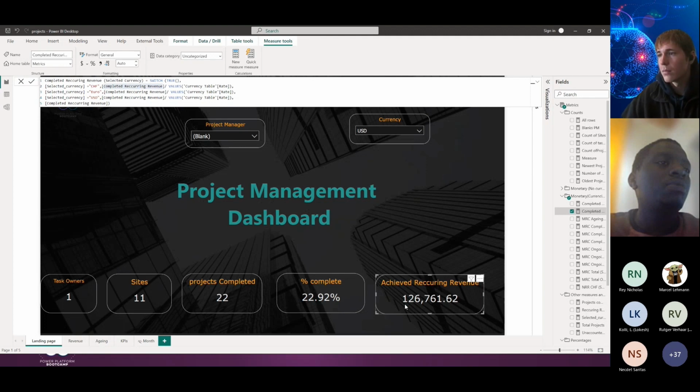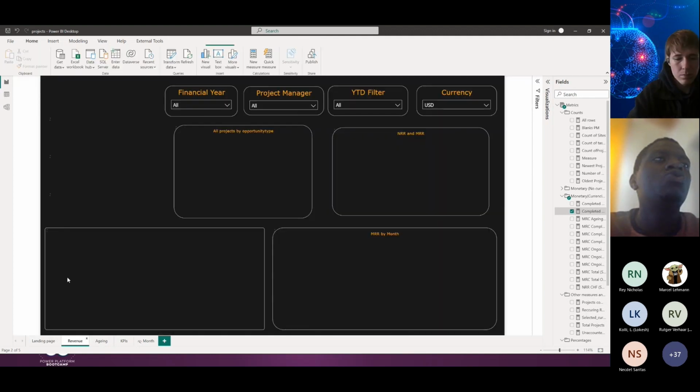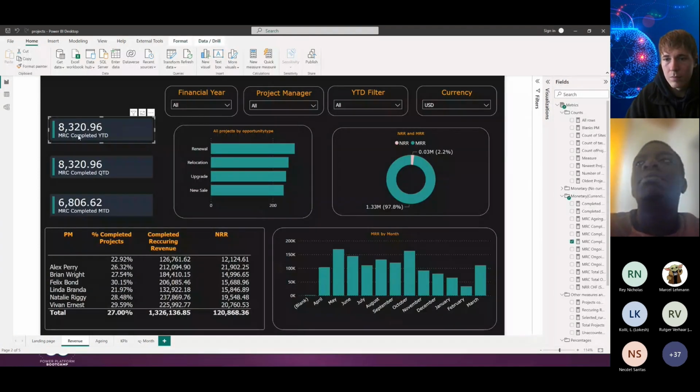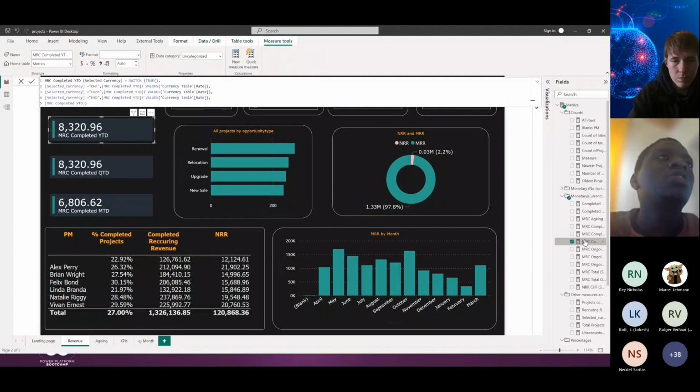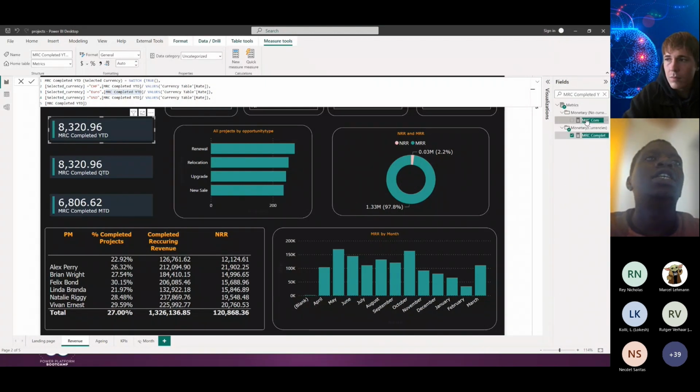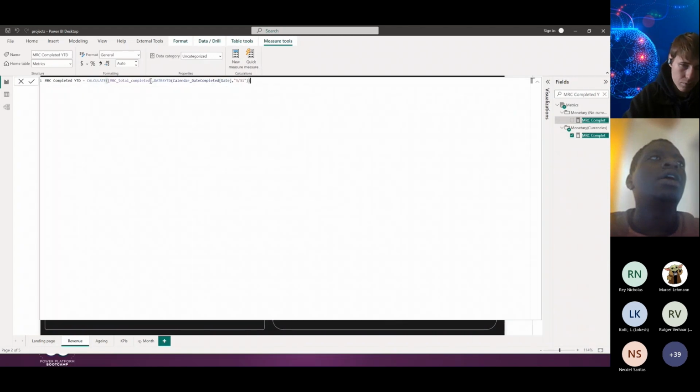So I'll just go through the other pages first so that I can complete very quickly. Remember we said about calculating month to date, year to date, and quarter to date. So of course, I want to convert these values, but I think the most important measure is the one that is hidden inside here. So I'll just show you what it's about. And of course, you know, how we calculate our